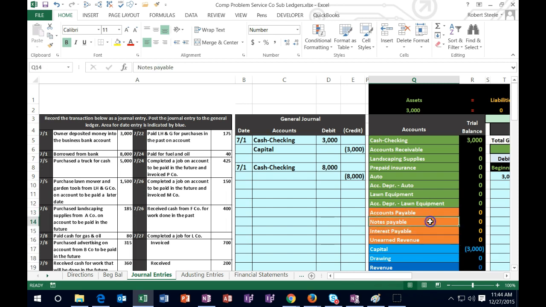And that sounds like it's a note payable rather than accounts payable, which will be in a normal business transaction when we buy stuff like inventory. So this is going to be a note. We already know we're going to